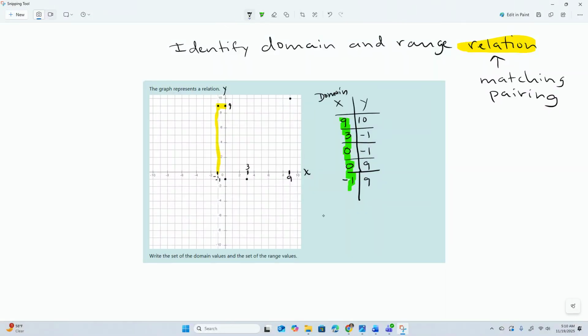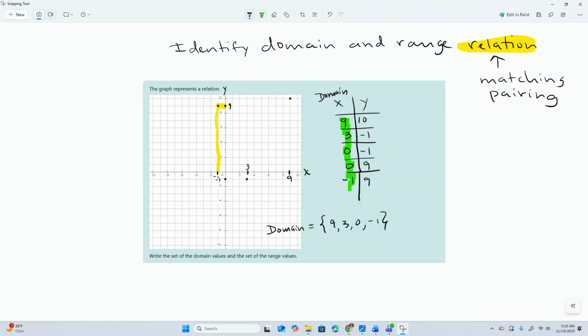But when you write your answers, you're going to write it like this in between braces. You're going to write them 9, 3, 0. Now you have a number repeated, you only write it once, and -1. Sometimes it's better to write it in order. So I should have written it -1, 0, 3, and 9. And we call this the domain, which basically these are the X's. And then the